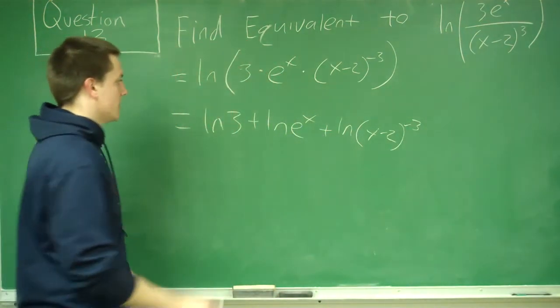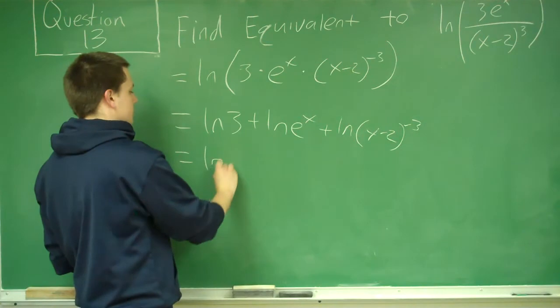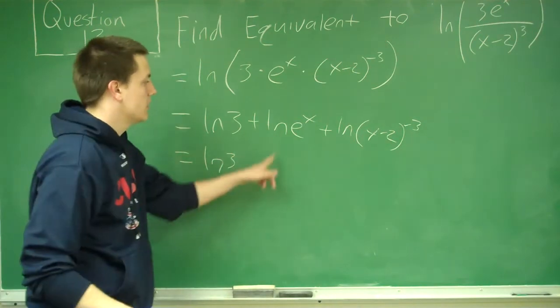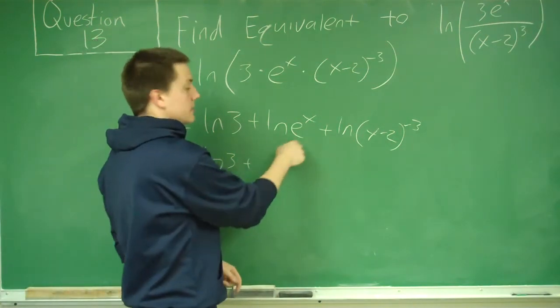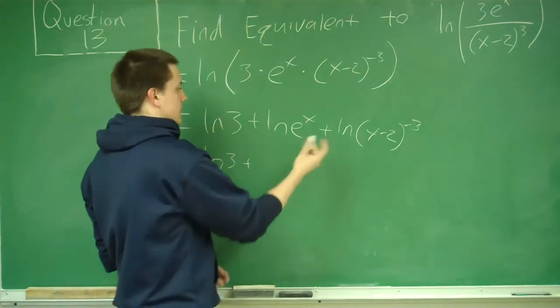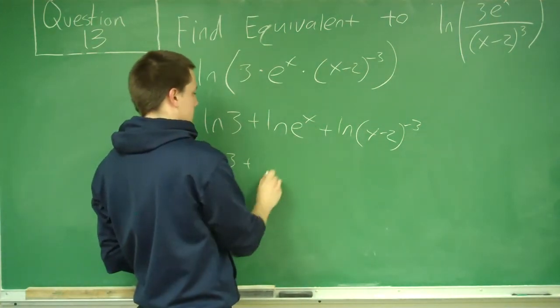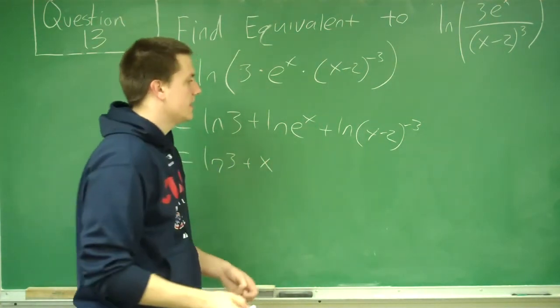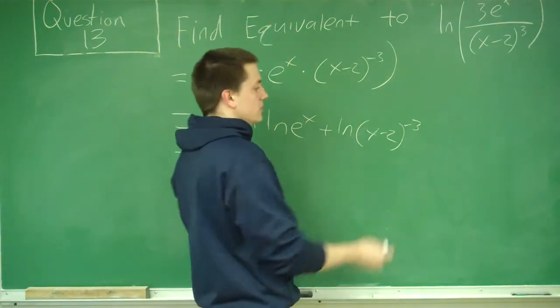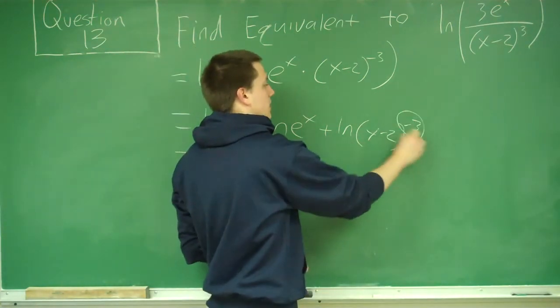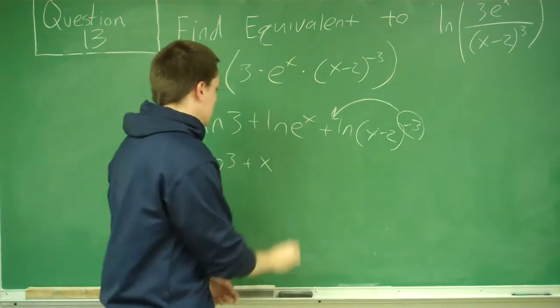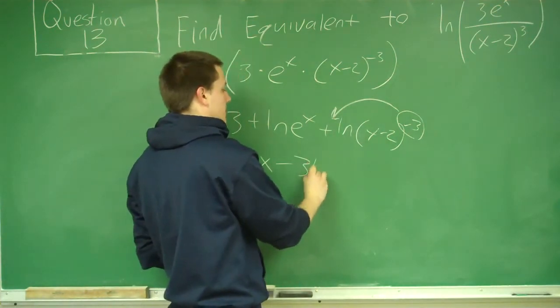And then now we can simplify this. Ln of 3 is just some number we don't know. Now we have ln of e^x, so the ln of e raised to anything is just whatever the exponent is, so this just becomes x. And then over here, the only simplification we can do is bring down the exponent to the front, so this becomes minus 3 ln